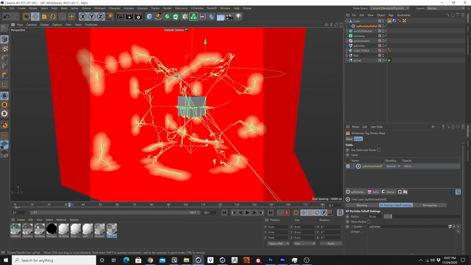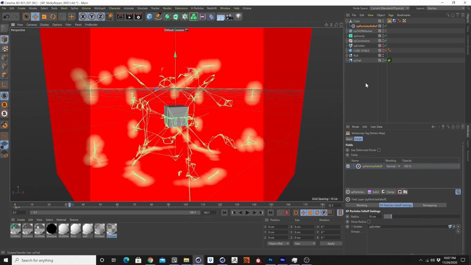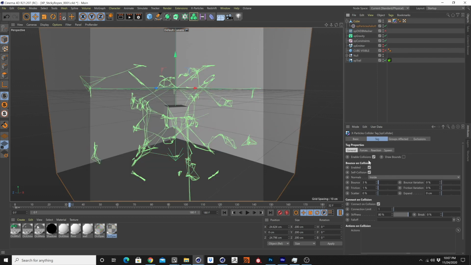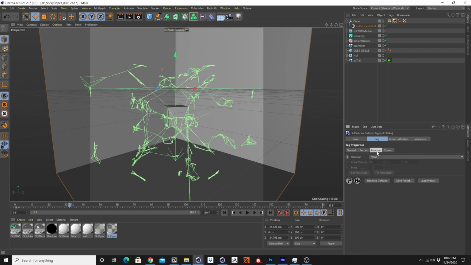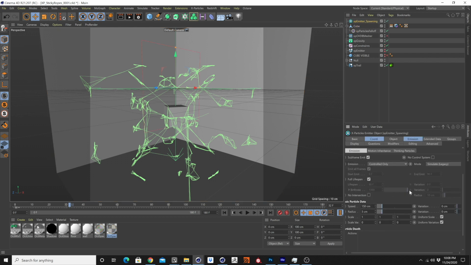So you can do a lot with this vertex map, like spawn particles, for example. You could do this actually really easily on this cube, you already have an XP collider tag. You can go to spawn. And basically on colliding with this object, we have enable, add a spawning emitter, go to the spawning emitter,